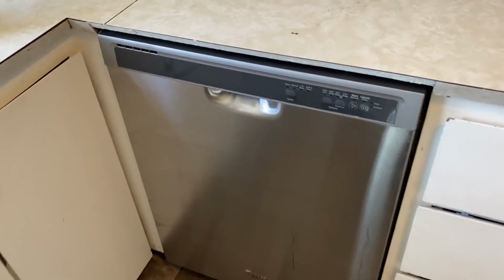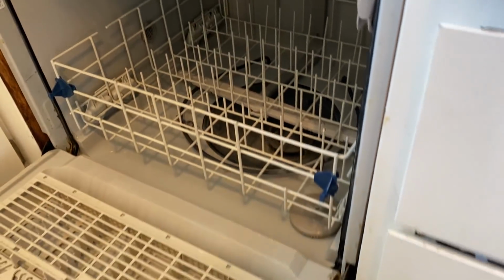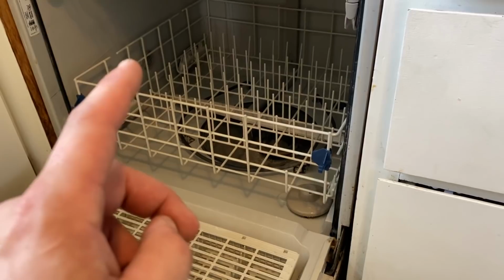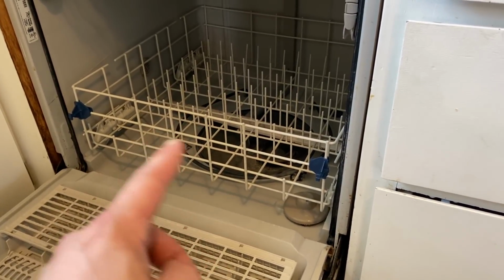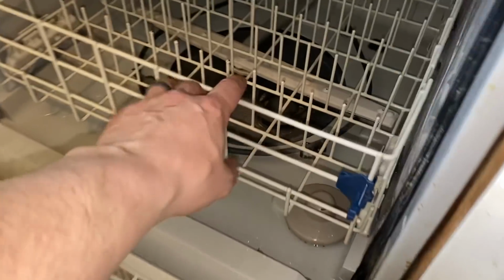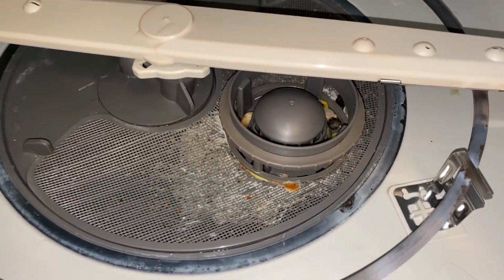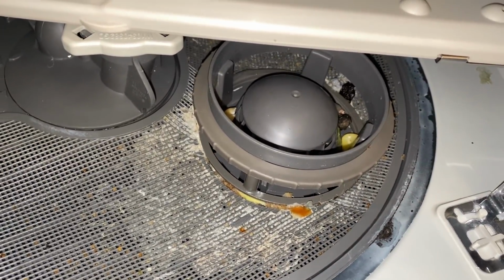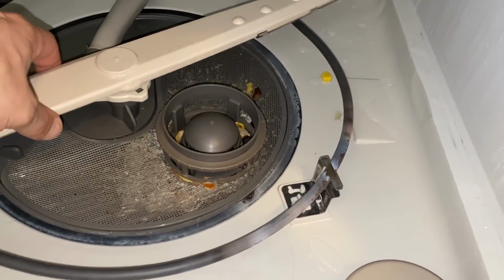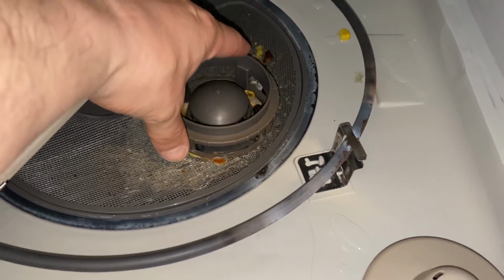And now the dishwasher. And since I am storing this for a while, I'm gonna wanna get all the water out of it. Also, there's something that I wanna do so this thing doesn't end up stinking. And actually, this is a good tip for you. If your dishwasher is stinking, this is probably why. Most dishwashers, pull this out, have filters. And I am guilty of not cleaning this filter in a while. So, this is gonna be gross, sorry, but I wanna show you guys because I don't want this to happen to you. So you grab this,